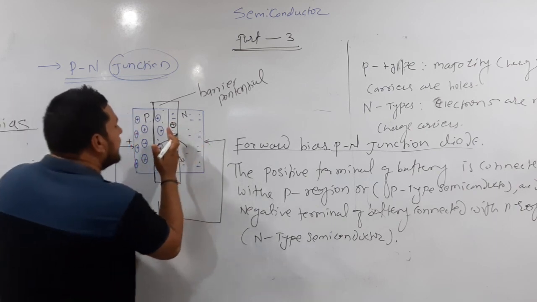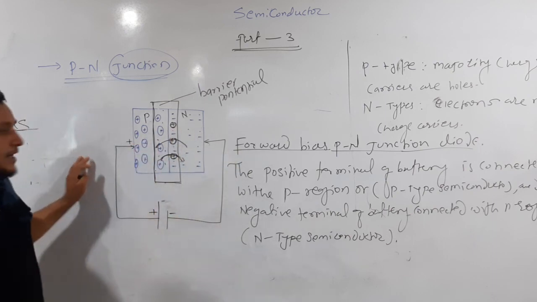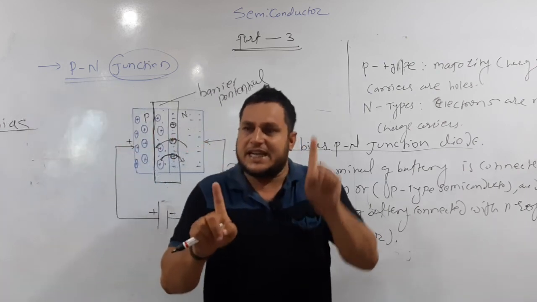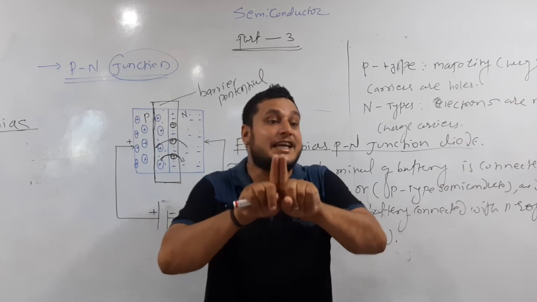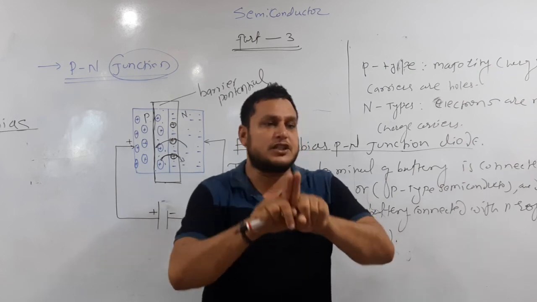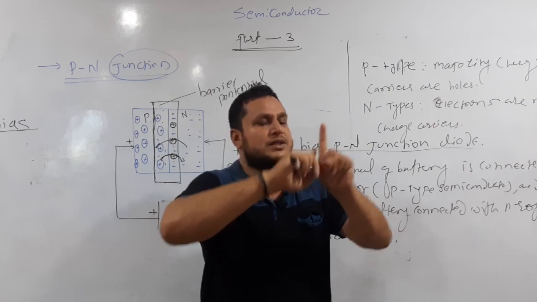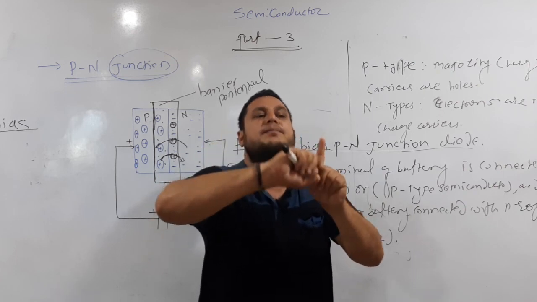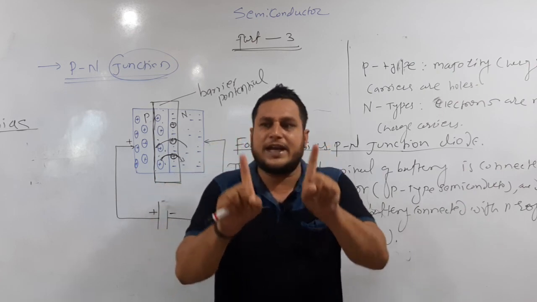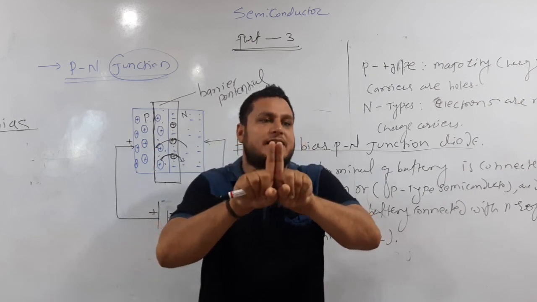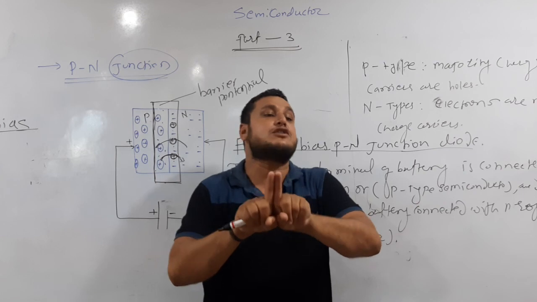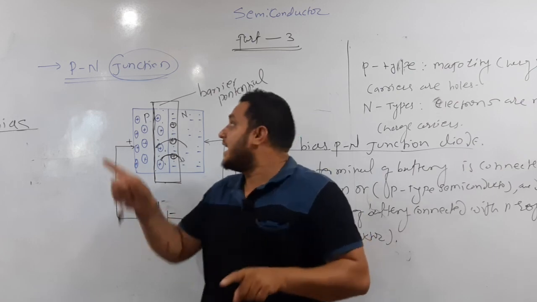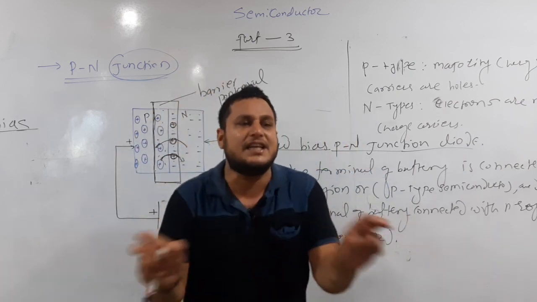Here again the electrons move towards the depletion layer, and that depletion layer means what? When the N type and P type semiconductors physically touch together. Okay, so assume this side is the N type and this side is the P type. When these two semiconductors touch together, the touched area means what? Depletion layer. That physical contact area is the depletion layer. And the barrier potential is a completely imaginary concept.